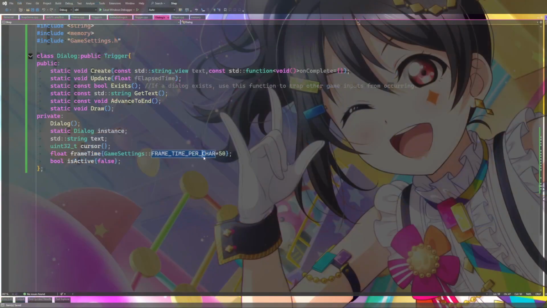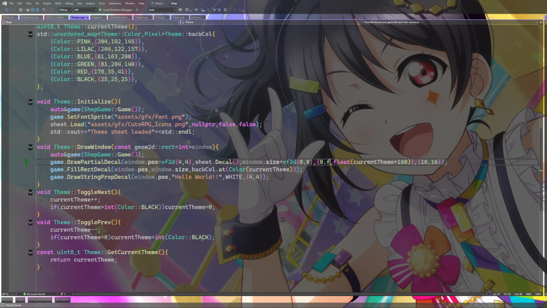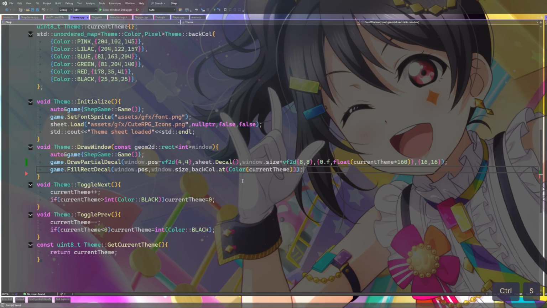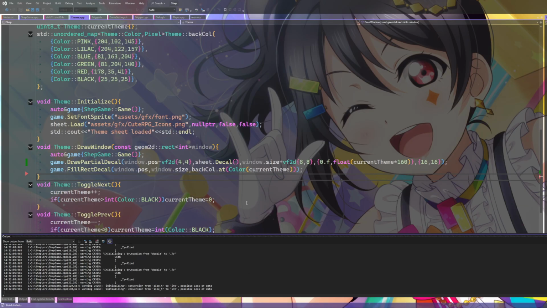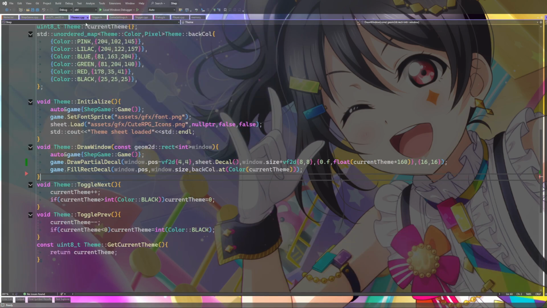Did I just hard code that text? Is that really what I did? I hard coded hello world in the dialogue? God dang it. Wait, but that's draw... Okay, draw window has some default text. That's the problem. Okay. This makes more sense now. And we didn't call dialog.update, which is why the update part is not happening.